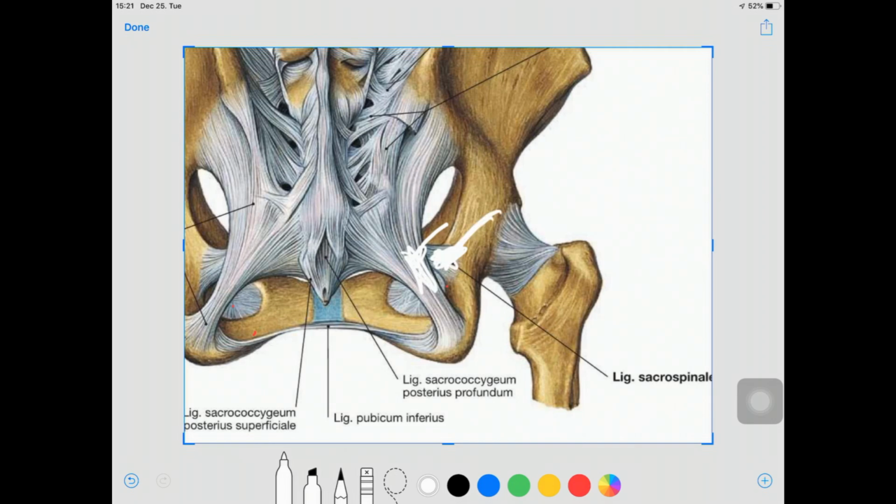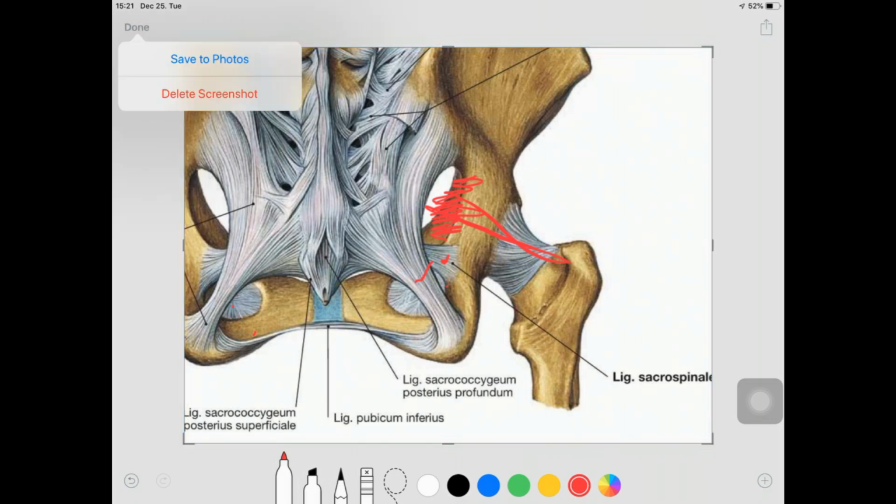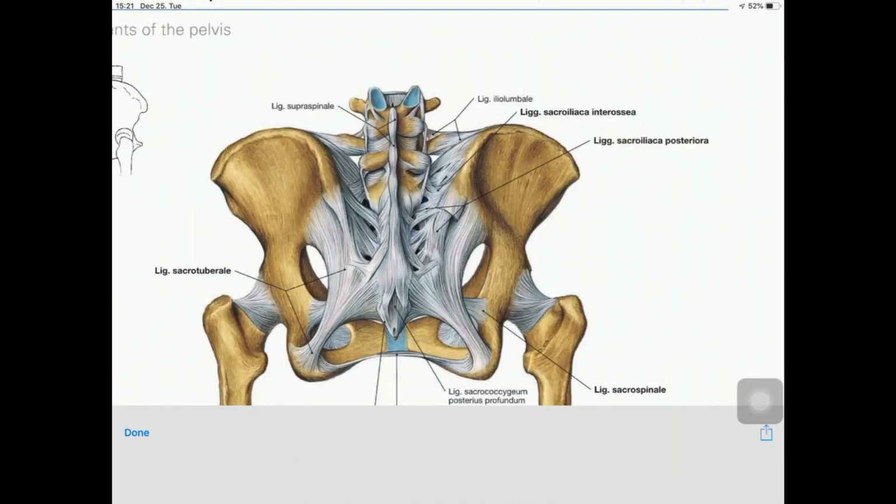They are also contributing in formation of the posterior lateral wall. So check it out from inferior to superior. Let's see what's the order. You have the sacrotuberous ligament, then the sacrospinous ligament. Then what have you got? The piriformis muscle forming the posterior lateral wall of the pelvis, and more superior to that,